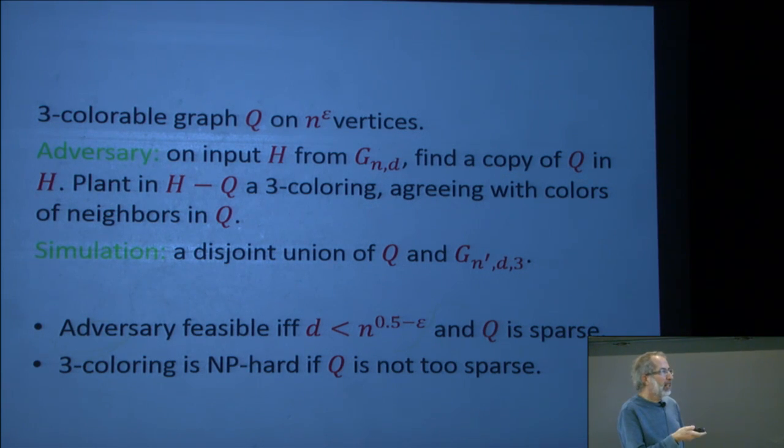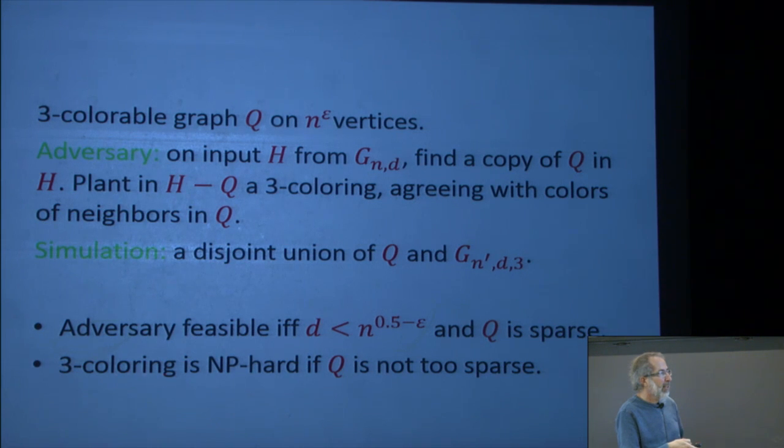And is it possible to cause the edges to drop? So first of all, to cause the edges to drop, you need D to be smaller than square root n, because you don't want vertices in different color classes of Q to have common neighbors. And the other is that Q cannot be too sparse, and this requires Q to be sparse already,